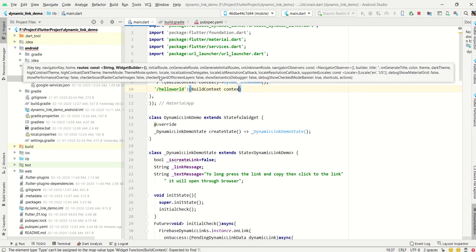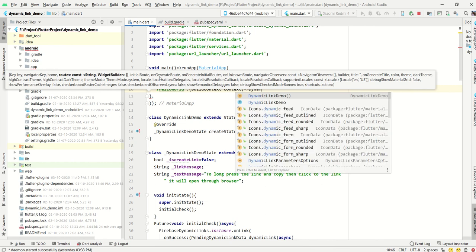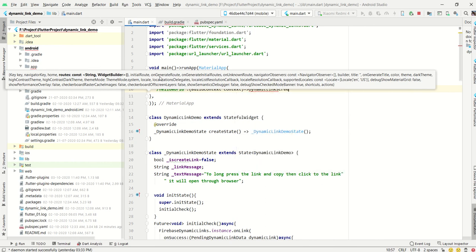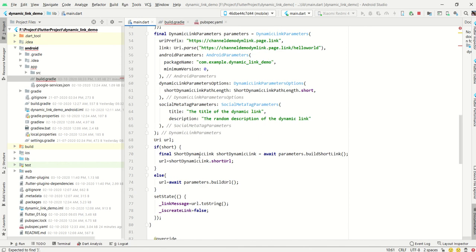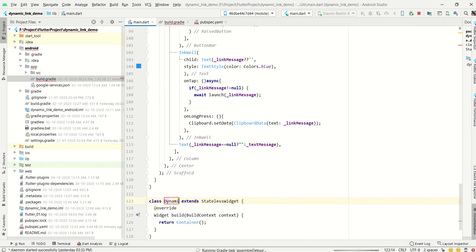So I need to create another state for showing the different page. So I just make another state, and that is the stateless. I just take the same name, dynamic link screen.